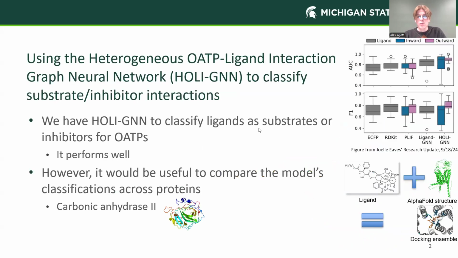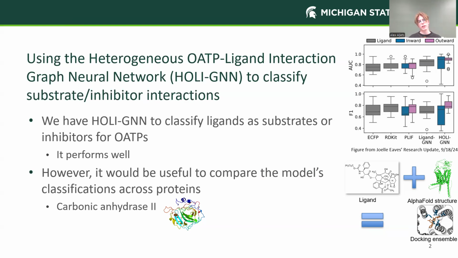So first, I'll talk about HOLIGNN, which we use to classify ligands of OATPs as substrates or inhibitors. It performs pretty well. As the figure shows, it performs generally better than just the ligand-based classifiers. But we would like to compare how it does on other proteins,